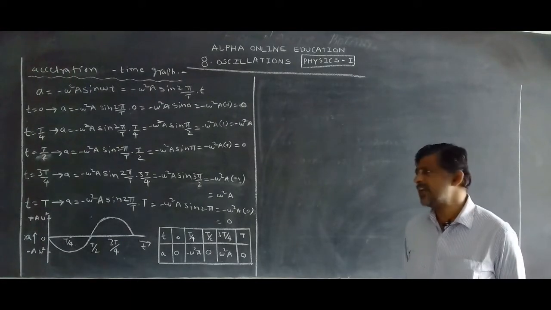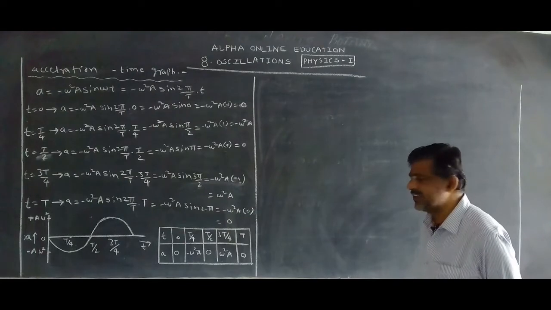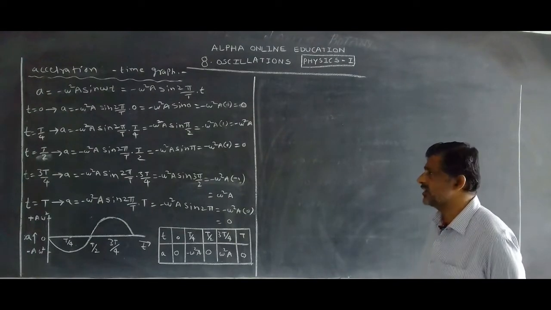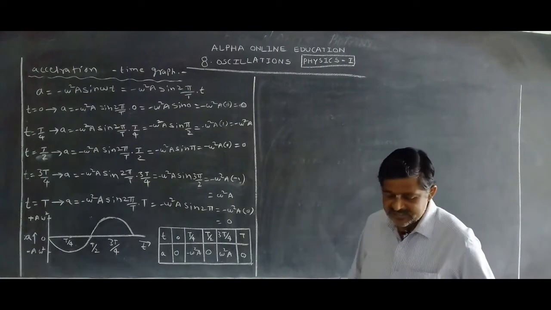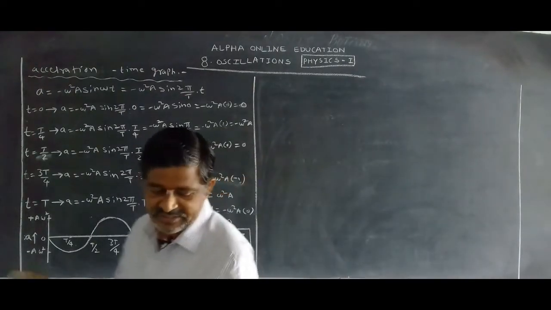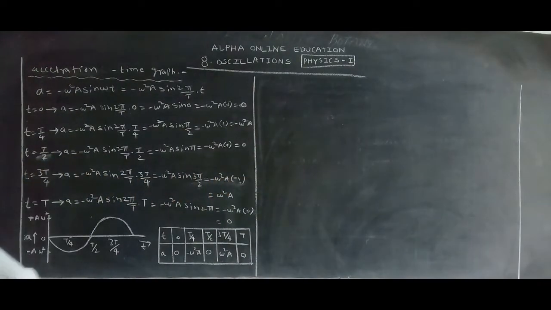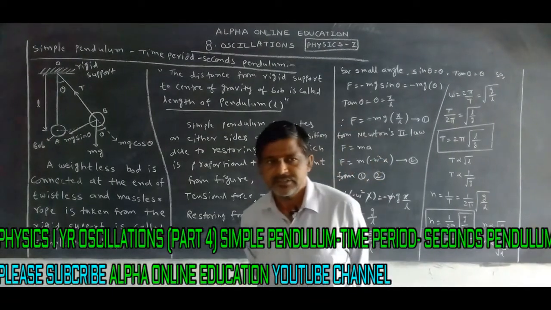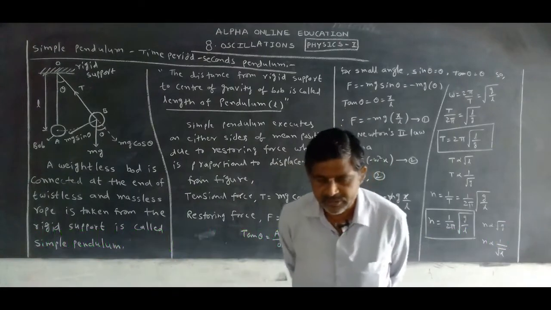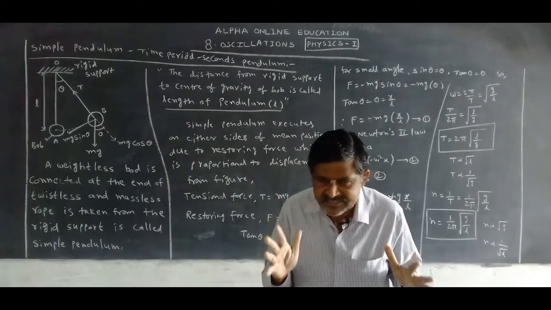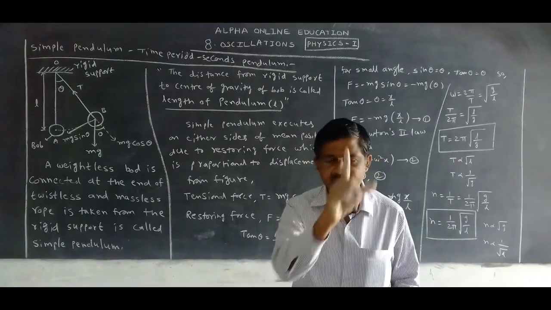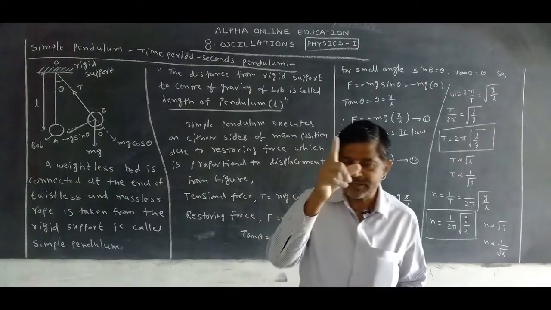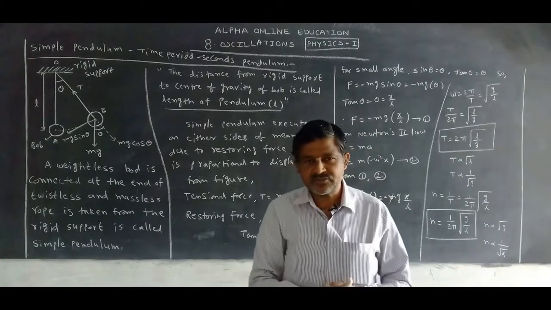As usual, amplitude in every situation we can take as a constant. Okay, this is about the graphs: displacement time graph, velocity time graph, acceleration time graph. A very important question in this chapter for 8 marks. Compulsorily we will get one 8 marks question from this chapter. We have already studied one 8 marks question.